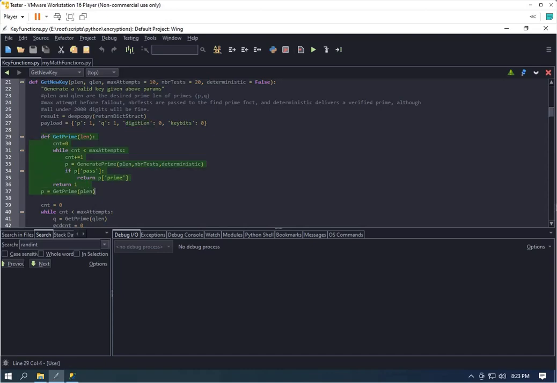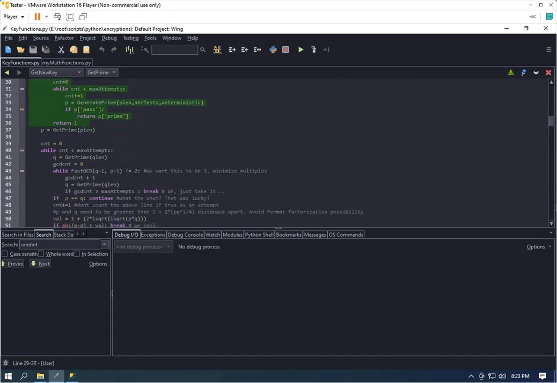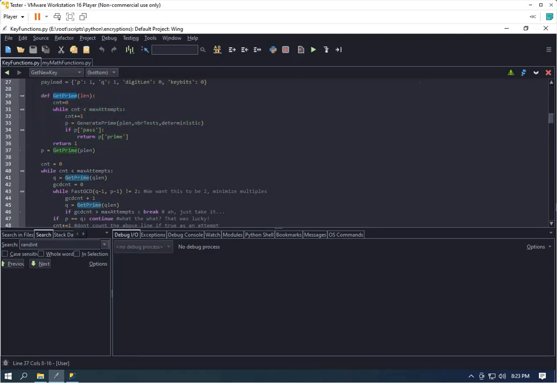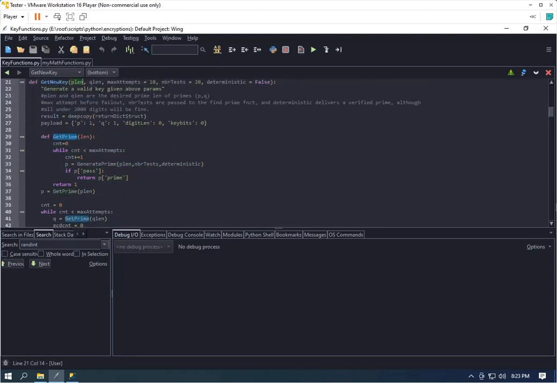We're going to create a subfunction called getPrime because I don't want to keep calling it. I'm going to get a prime off of P length. P length will be the length in digits, so if it's 10, it'll be a 10-digit prime, if it's 11, it'll be 11, and if it's 1,000, it'll be a 1,000-digit prime. Max attempts is a looping structure to ensure that some values are like we want, and it gives it basically 10 attempts before it gives up. Number of tests